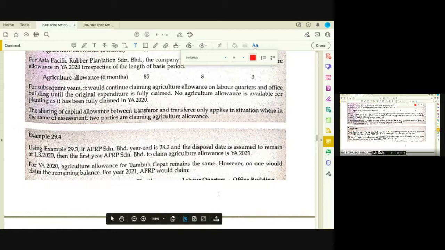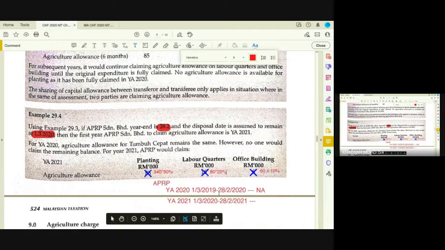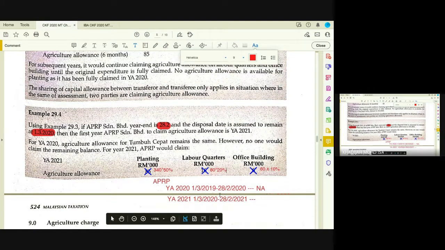Okay. So APRP will claim 340 times 50% for 2021. And when it comes to 2022, they only have the balance of 85 left, because remember you have total 340. So first year, Tumbuh Cepat claims 85. Second year APRP 140. So that means you have another 85 in the third year. Labor quarters, you still claim 20%, 20%, 20%. But remember, final year you only have the balance of 10%. Office building, similarly 10%, 10%, 10%. The final year you're going to claim the balance of 5%. Because why? Because Tumbuh Cepat already has claimed part of the allowances, right? So you have to take into account